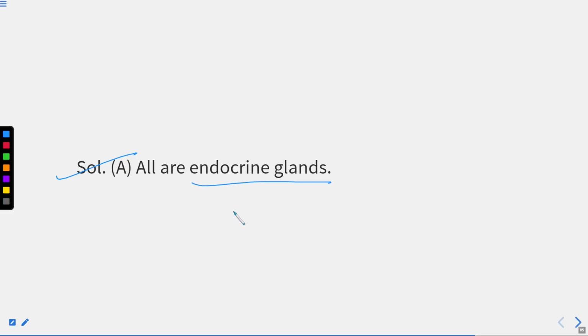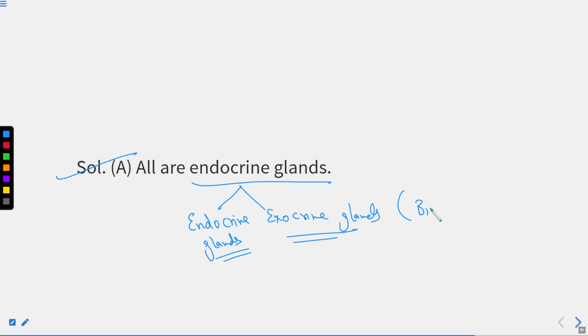Now here we have two types of glands as well. The first is this only, that is endocrine glands. Then exocrine glands. So this is again a topic of biology, but what you need to know is the answer. I hope this part is also clear. I have explained to you. If I am mentioning this, this is in biology, so go and read about both kinds of glands so that it will be helpful for you while you are appearing in your exam, as soon as you have a wide range of knowledge.